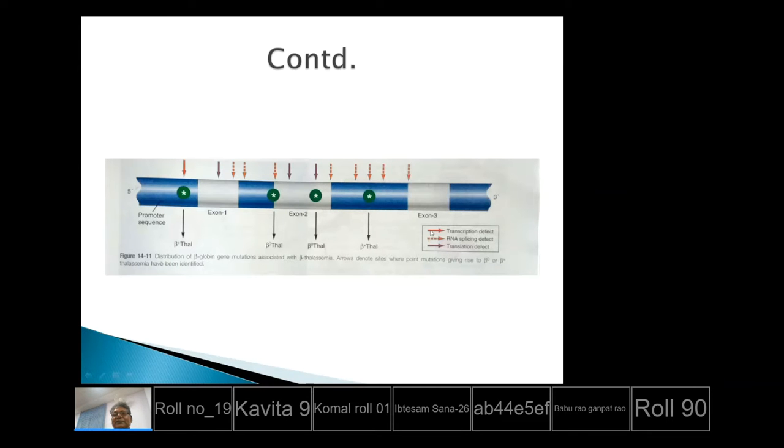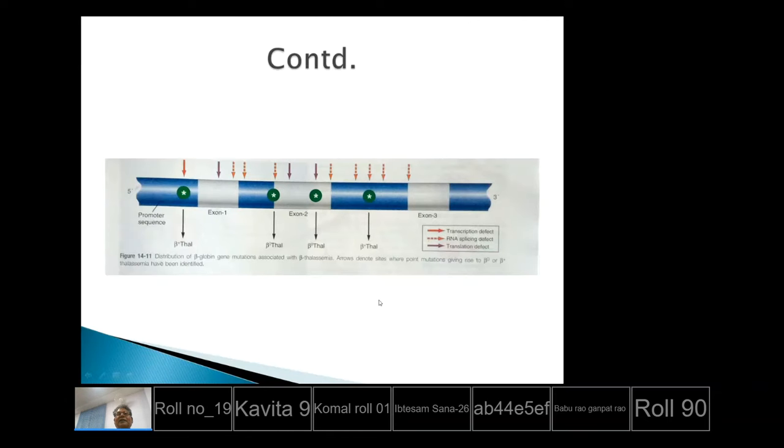So first you see the splicing site. Second is the promoter region. This is the main region where mRNA synthesis starts. It takes from this promoter region and ends at this region, 5' end to 3' end. And this is the translational defect. The location of the translation defect you can see in the exons region.